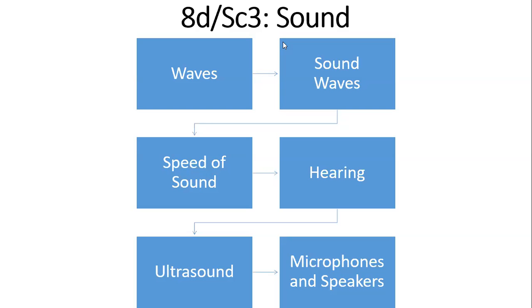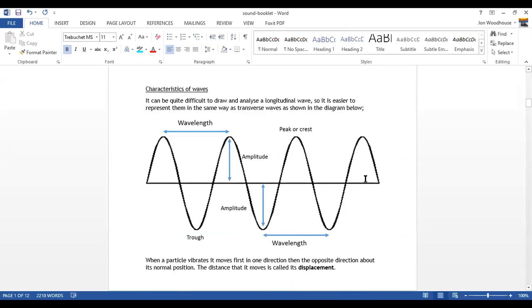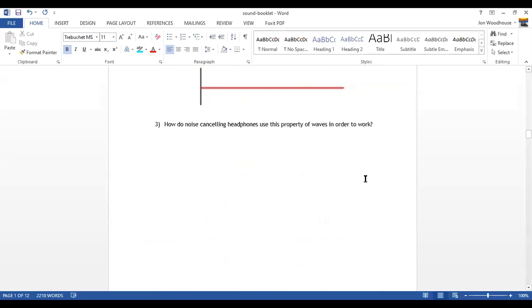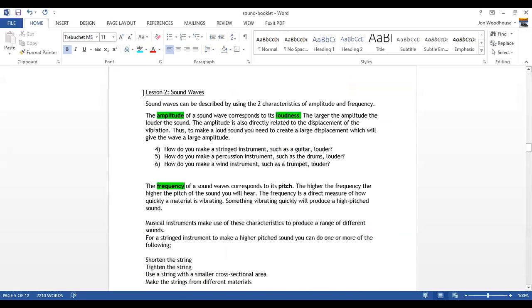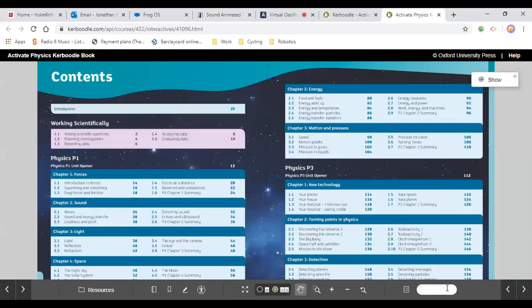So with your booklet, you'll need to scroll down and you'll need to read the information on lesson 2, sound waves. Now you can see I've highlighted some keywords. If you're happy with those keywords, that's fine. If you're not happy with those keywords, what you can do is go to the Caboodle book, and if you look at page 160,